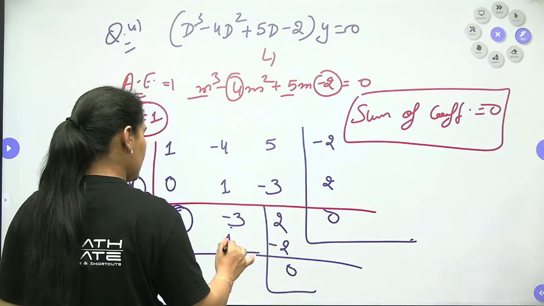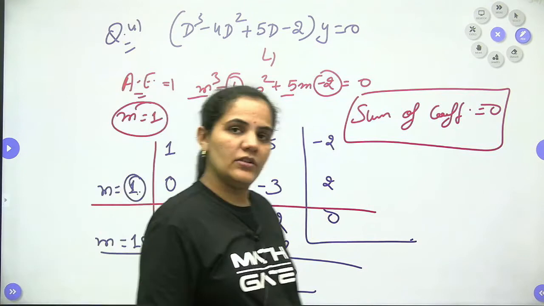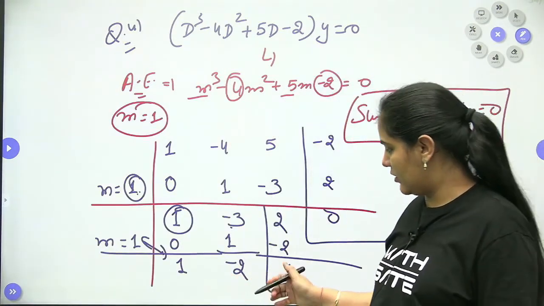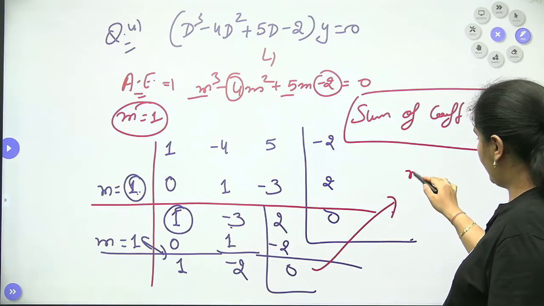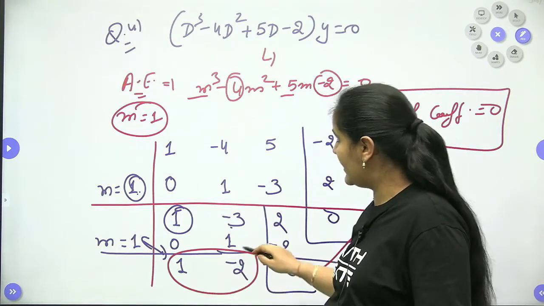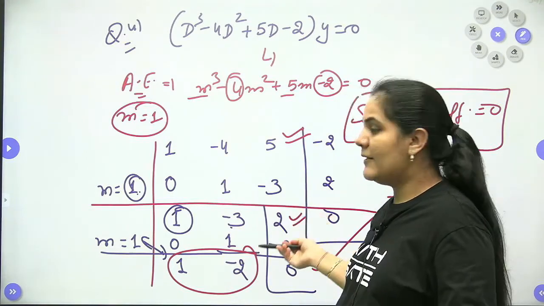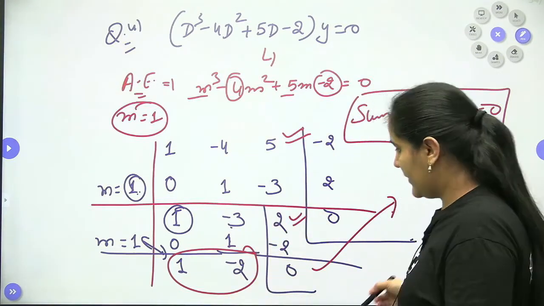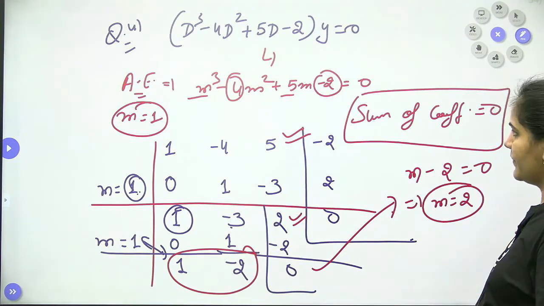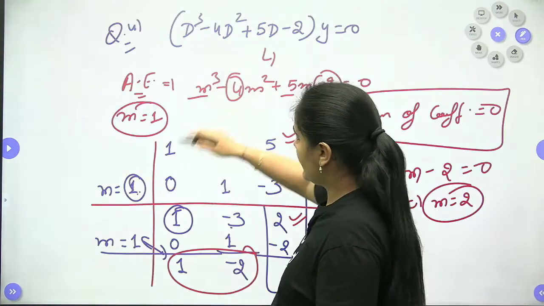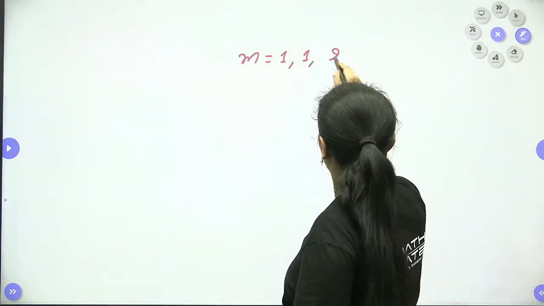So here again we have minus 2. Again we have to check whether the sum of coefficients is 0 or not. So we can conclude no, here the sum of coefficients is not at all equal to 0. So when the sum of coefficients is not equal to 0, guys, this is a linear term. Why is this a linear term? We started with the cubic. At the first step we get a square, and at the second stage we get a linear term only. So that's why it is m minus 2 is equal to 0. We will say m is equal to 2 is a solution. So how many roots are here? We have m is equal to 1, 1 and 2. So you can say m is equal to 1 and 2 will be the roots.